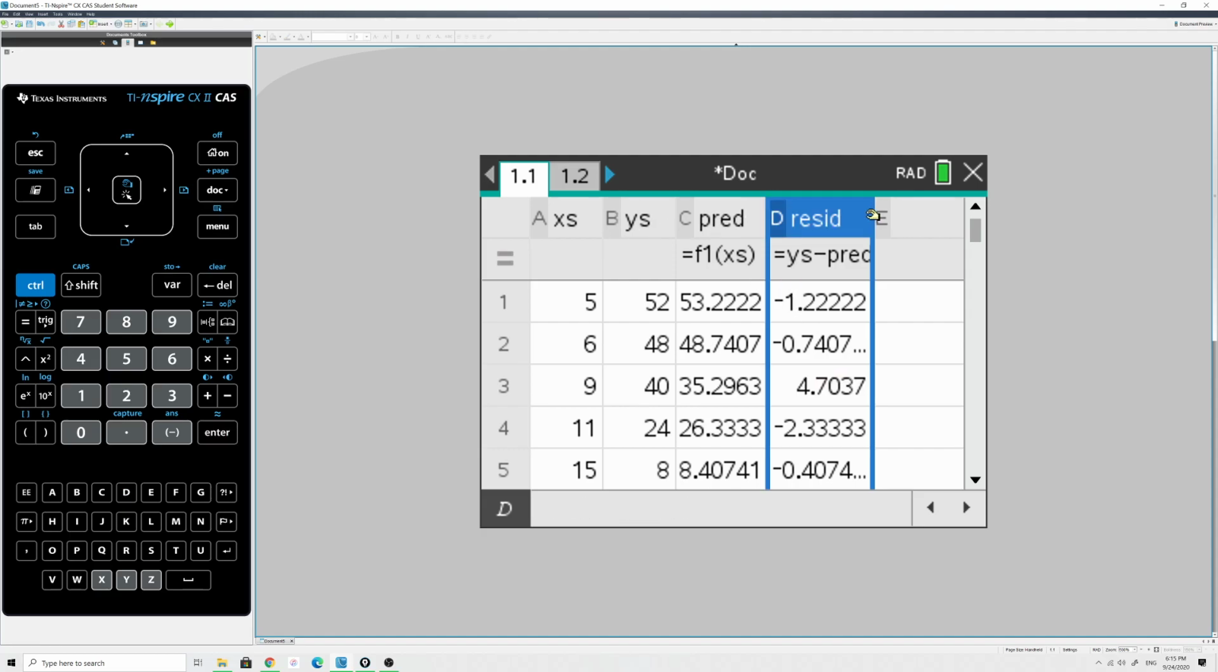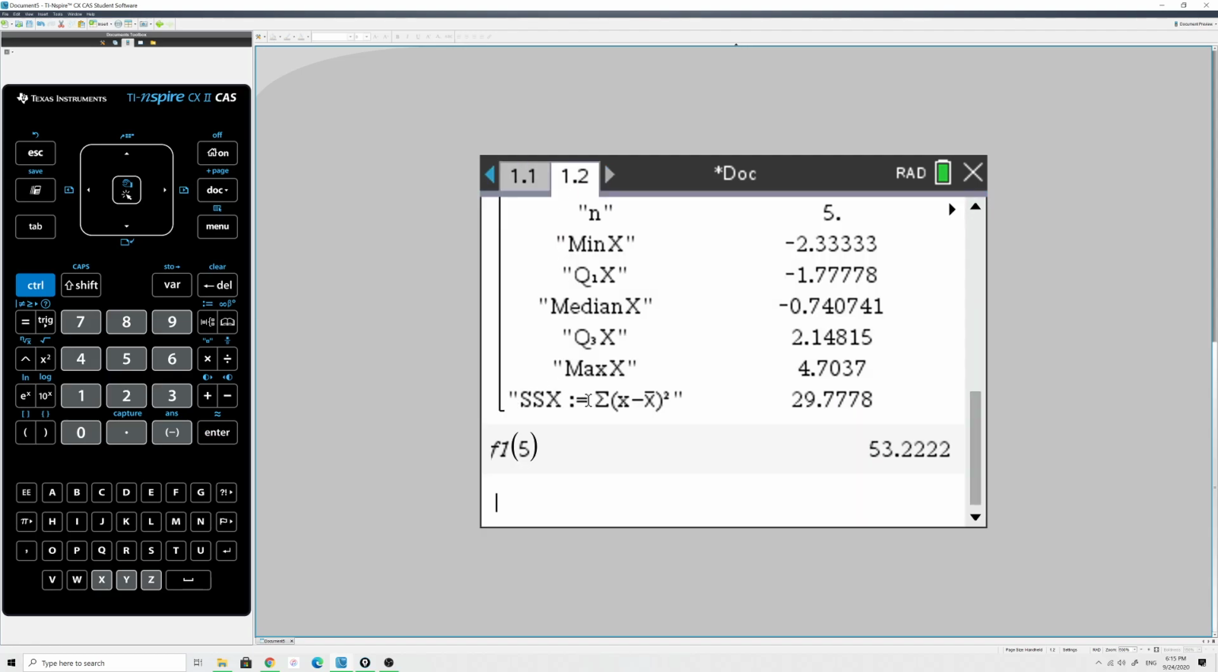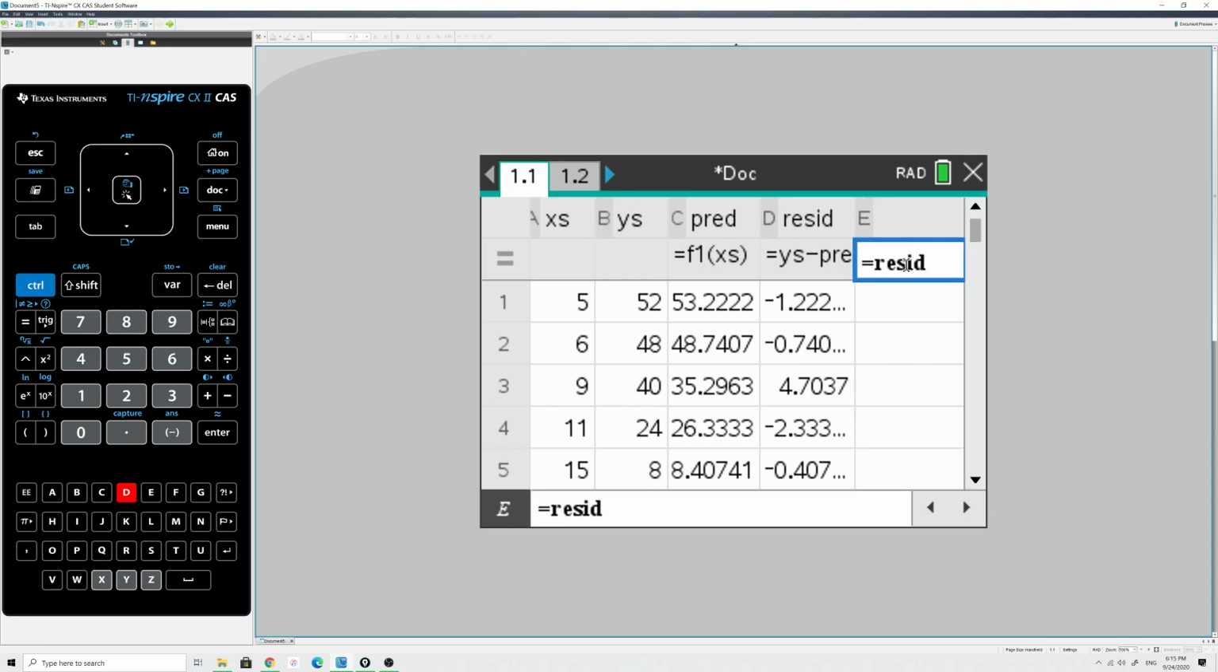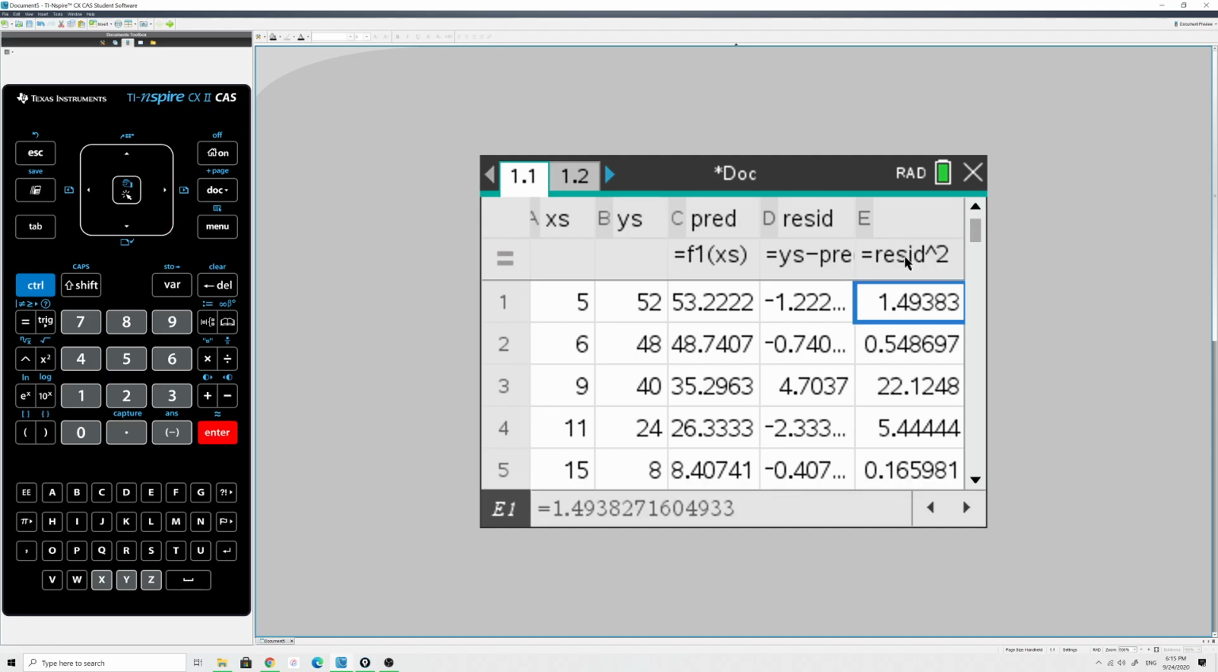So, what else could we do? Remember, in the calculator screen, we found the sum of the squared residuals. It's 29.78. Let's check to make sure the calculator is correct. Of course it is, but let's see. The sum of the squared residuals. Let's calculate the residuals and square them. Press enter. So we took the RESID column and we squared it. So this is a list of all of our squared residuals. Let me give this column a name,